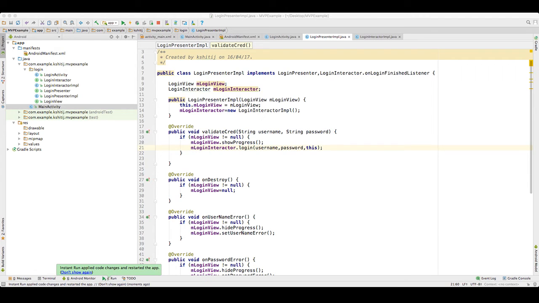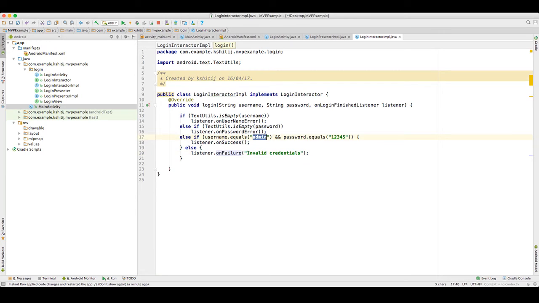Okay, so the example is on the emulator, and we're just going to press the done button without entering anything, right? So we just say done, and we have the username empty error, right? Okay, so Rajat, over to you. So I'm just entering the username. It's called Rajat. Okay, so we know that we are checking if it's admin or not. Admin or not. We are right. So it will give the